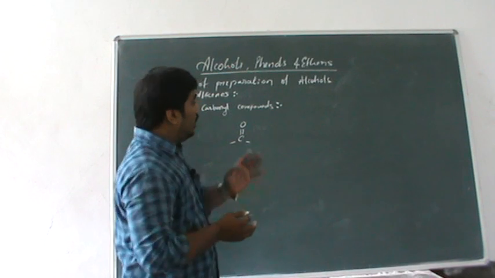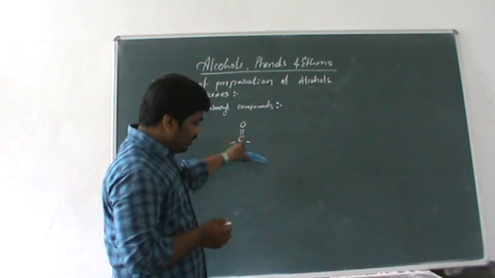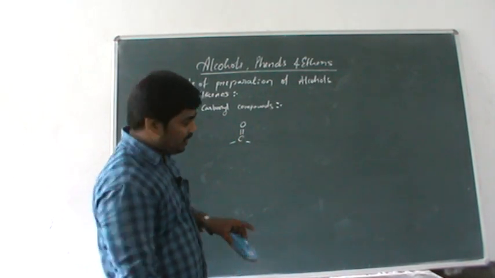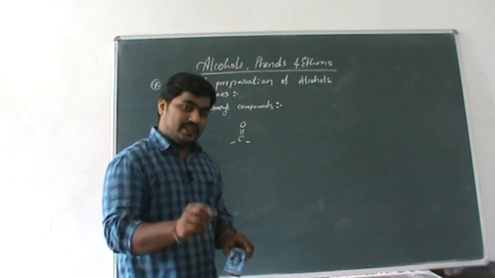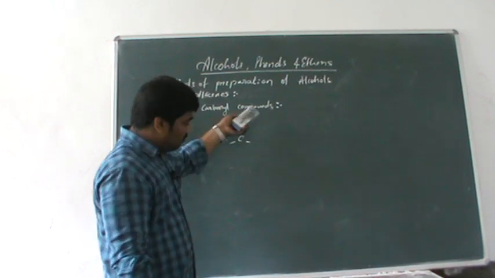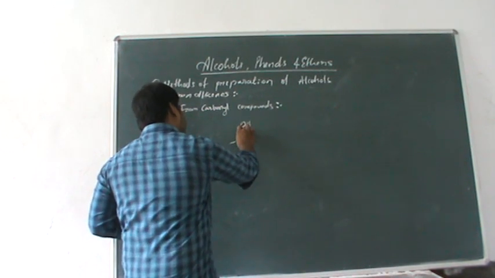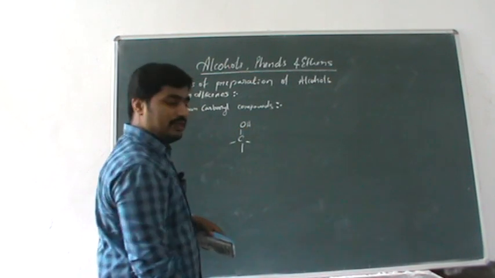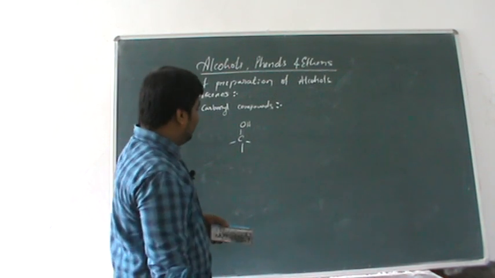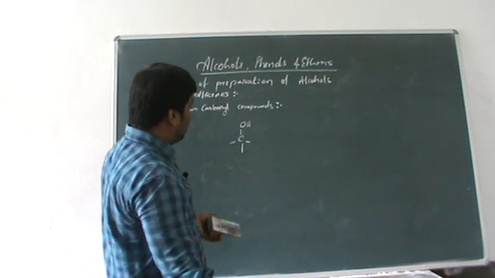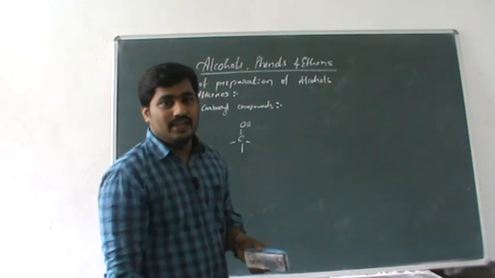How to prepare alcohol from carbonyl compounds? What are the things required to convert them into alcohol? Can anybody guess? It contains carbon and oxygen. When that oxygen becomes attached to hydrogen, and the double bond undergoes cleavage, then it becomes alcohol. Very simple on the board, but how to convert, which reagent is required, and what type of process is it?